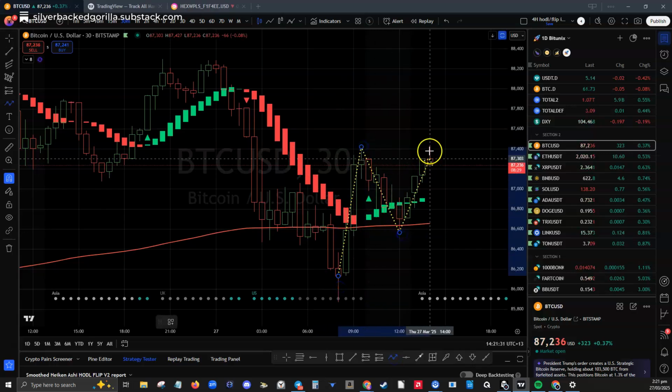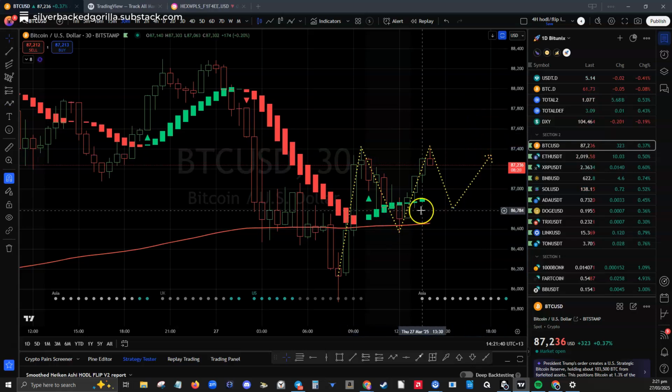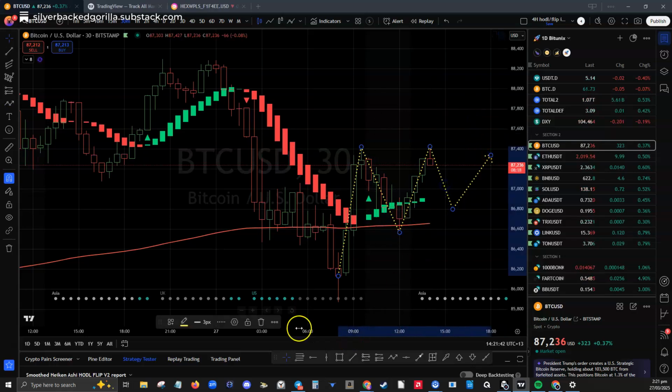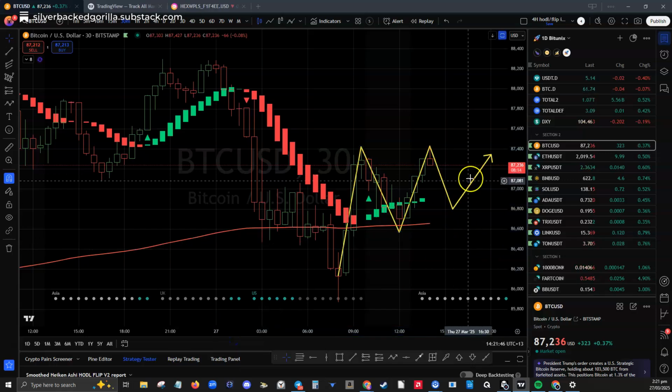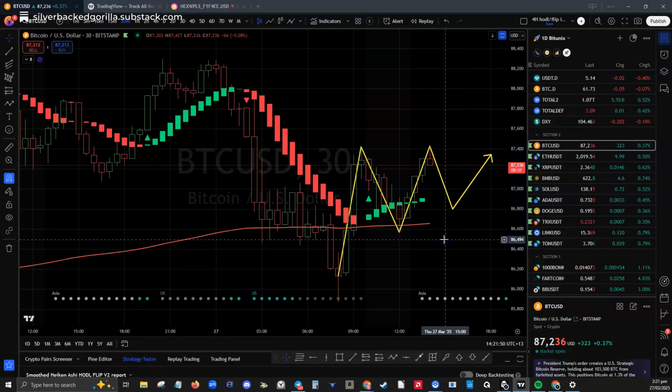this, and if it respects this, it might come down a little bit less and then head up. This is completely a guess, but this is what it could be. It seems a bit thick there, but I'll leave it thick because it's better for the video. So that's something I might expect to happen.